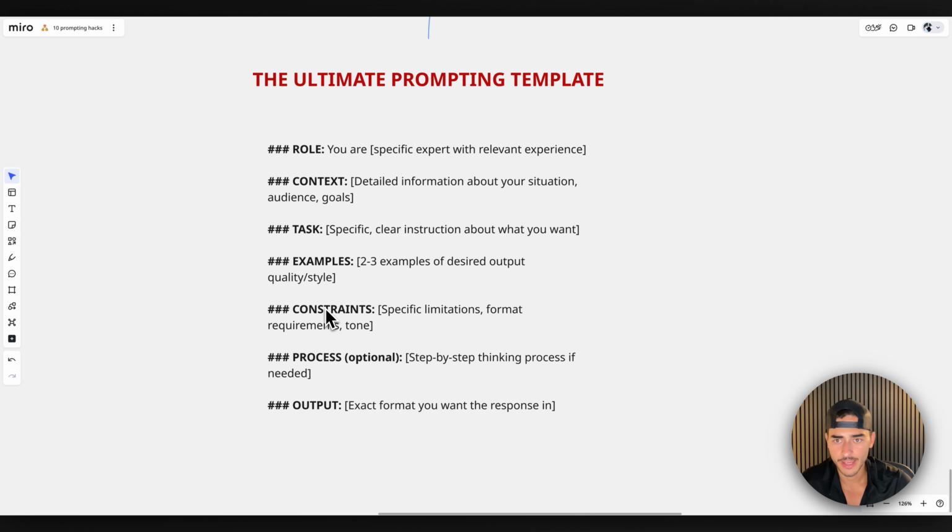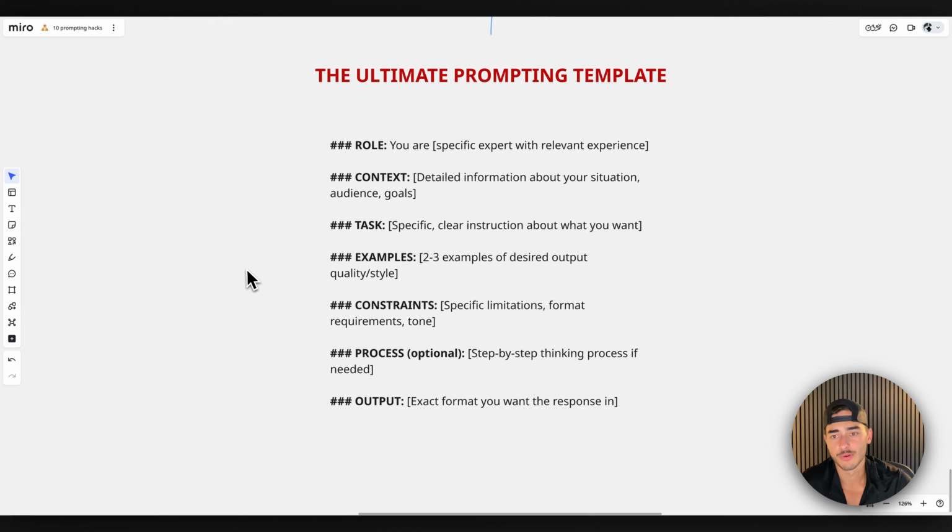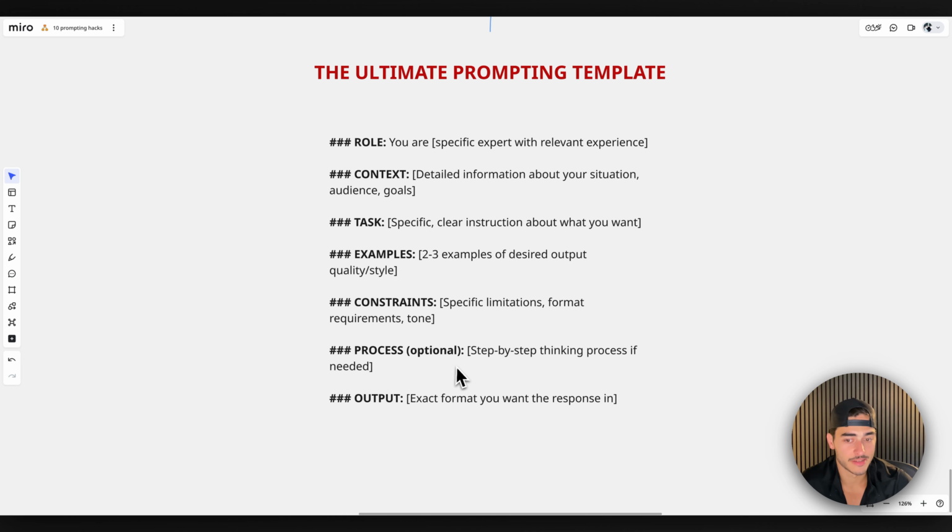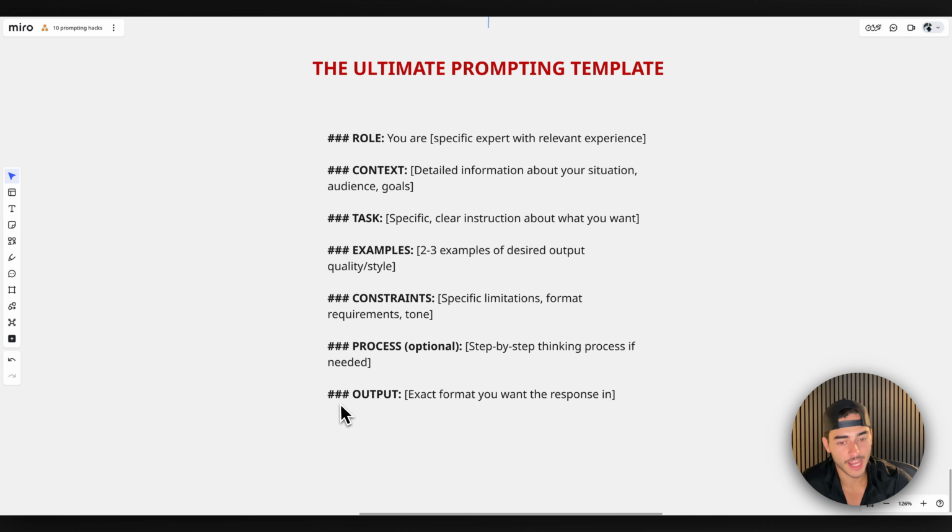So here is something for you guys to screenshot, by the way. I just wanted to add this in as a goodie. This is a great, generic prompt for everything that you want to do. Screenshot this. Again, this is XML bracketing, kind of like pound, pound, pound. So role: you are a copywriting expert. Context: here's what I'm trying to do. Task: here's what I want you to do. Examples: here are 3 examples of what I want you to do that are good, that I like. Constraints: don't do this, make sure it's like this, like limiters, right? Delimiters. And then the process: step-by-step thinking if needed, if it's super complex. And then the output: format this.